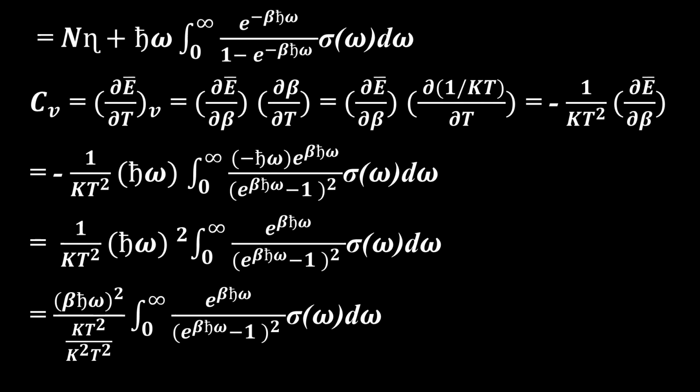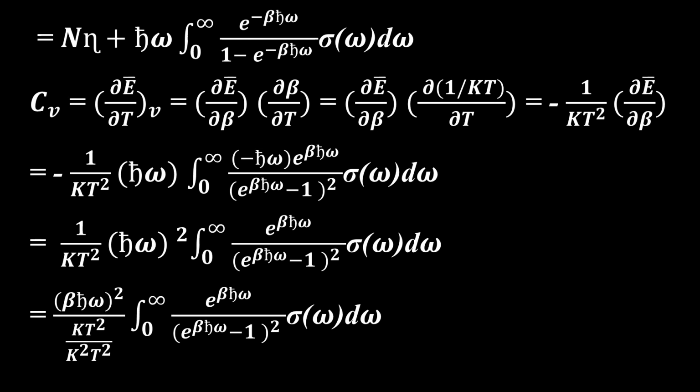at constant V, where V means volume. ∂E/∂T at constant V is obtained, and simplifying this equation we can write ∂E/∂β into ∂β/∂T, and again ∂E/∂β into ∂(1/kT)/∂T. Actually β means 1/kT, and we put in the value, and ∂(1/kT)/∂T is equal to -1/kT², and into ∂E/∂β